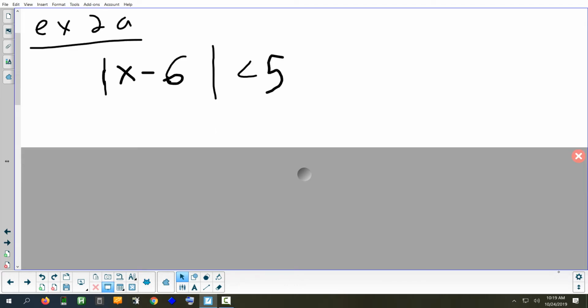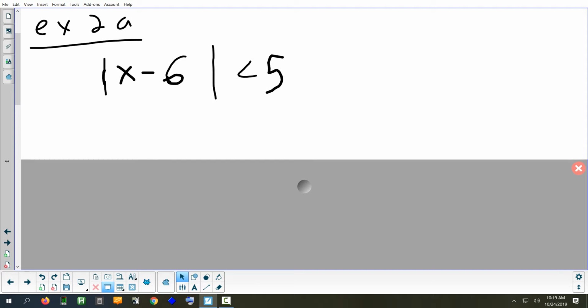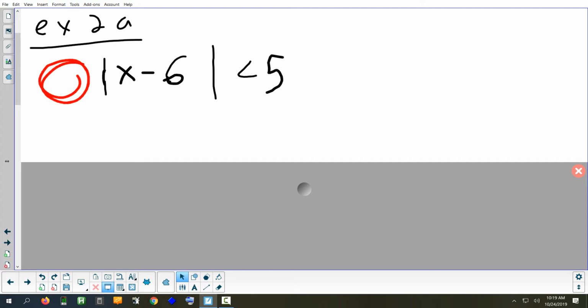All right, so example 2, a little different than example 1 because of the less than symbol. Okay, first question. Elizabeth, is the absolute value by itself? Yes. I'm looking at the left-hand side. I don't see any other numbers over here. We're good. So, because the absolute value is by itself,